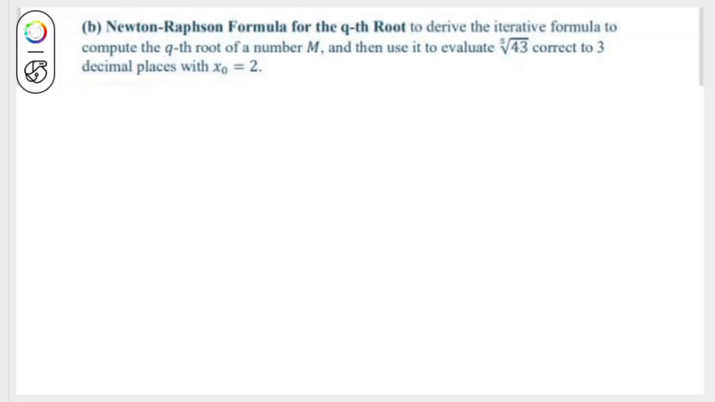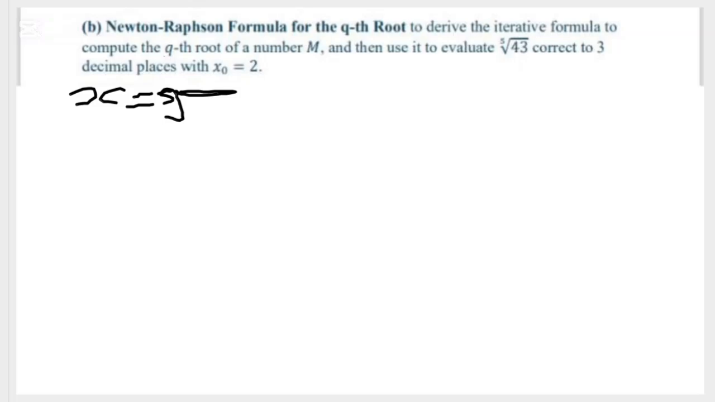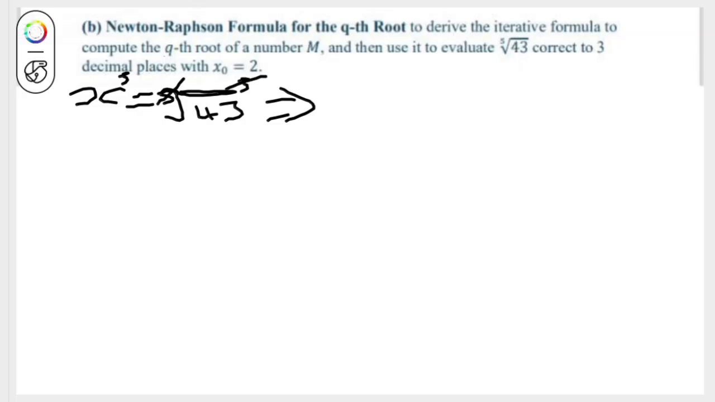So the first thing to do when this question is given to you is, to find the qth root of a number m, let x be equal to the fifth root of 43. This can be rewritten by taking the fifth root of both sides, so the fifth root cancels the fifth root. At the end, I am left with only x raised to the power of 5 equal to